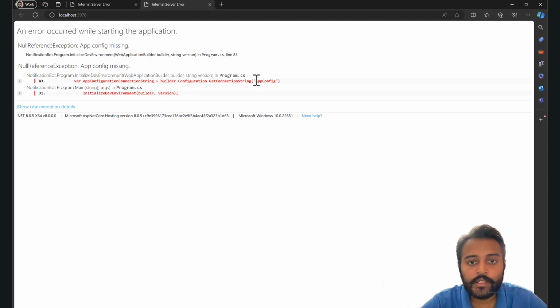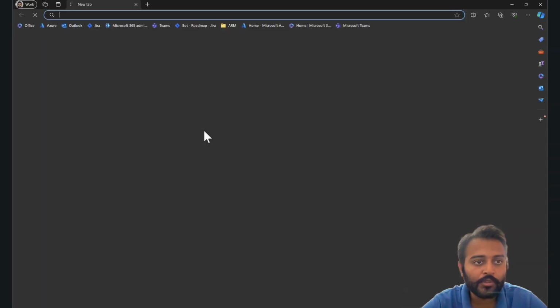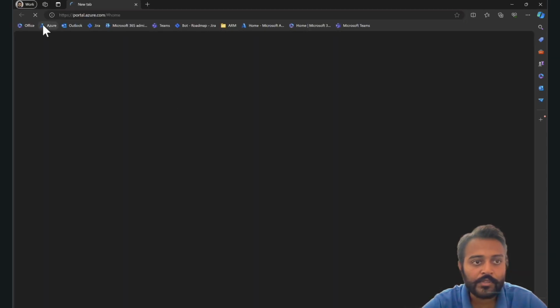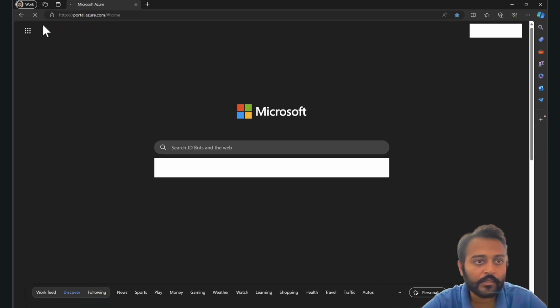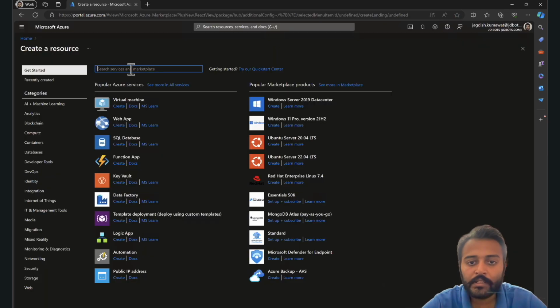And I also need app configuration connection string for my local development. Let's go to Azure portal and let's initialize some of the resources that we need for this project. The first thing that I need is app configuration,